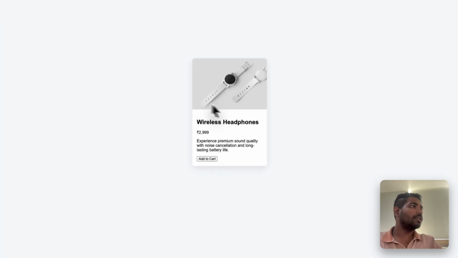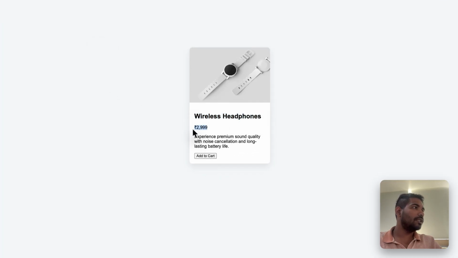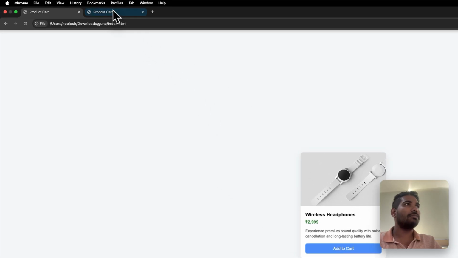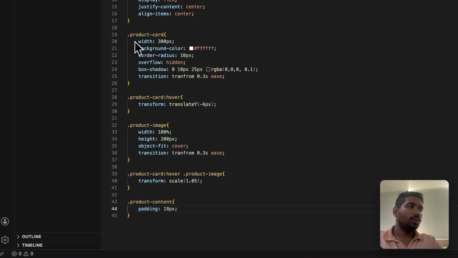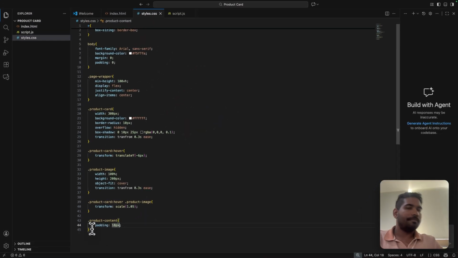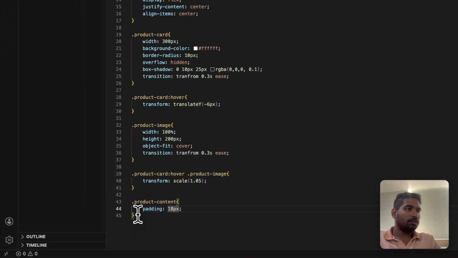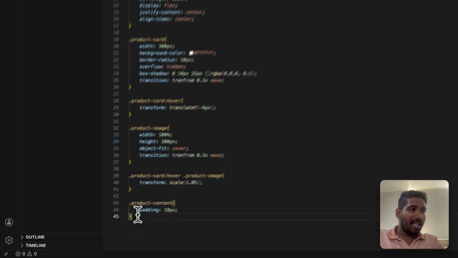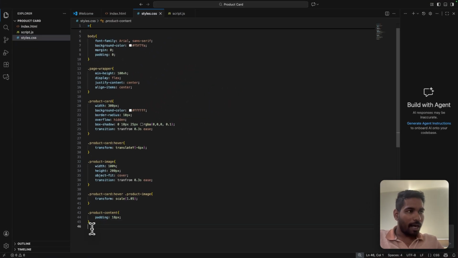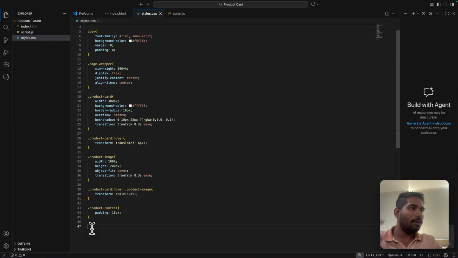Now I'll target each of these things, this one and this one. Till now it is also looking good, but I'll make it more beautiful, right? You can make it way more beautiful than I am going to make it. The more beautiful CSS you write, the more beautiful it will start looking. Okay, so I'll first target